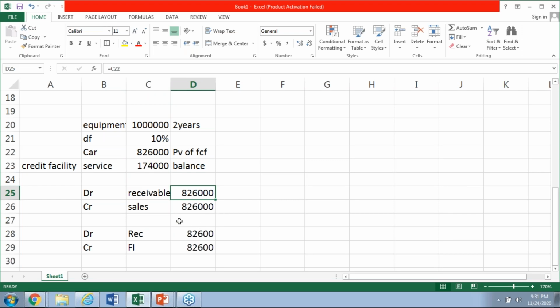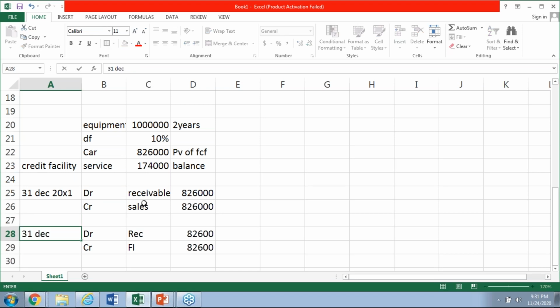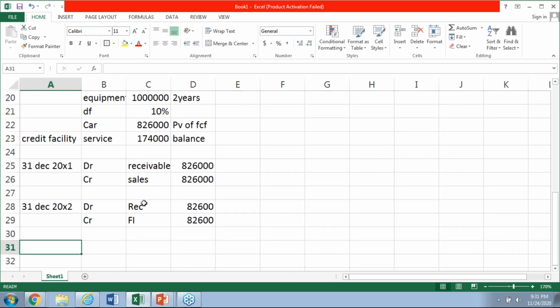And this accounting entry we have to make in the year 2001, 31st December 20x1. But by the end of 31st December 20x2, we have to recognize a finance income of 10% of 826,000. And for the last year, 31st December 20x3,